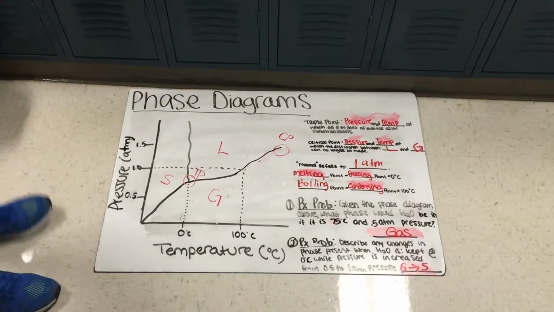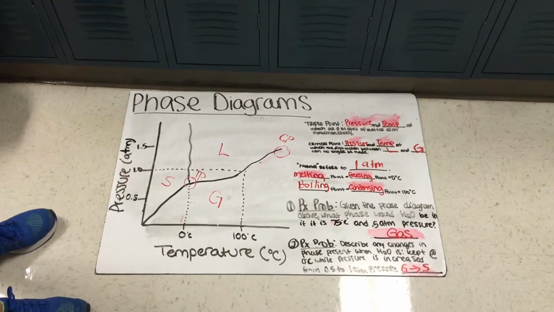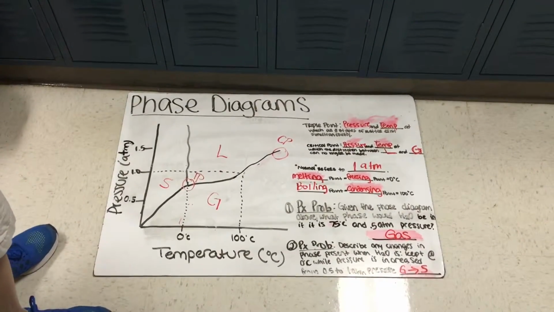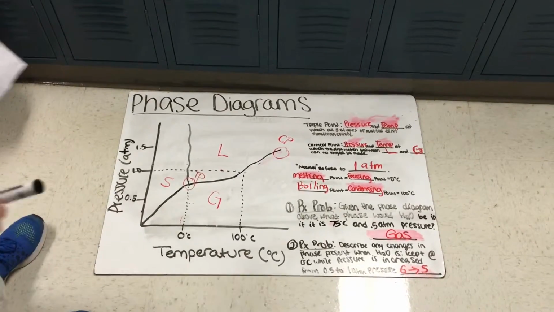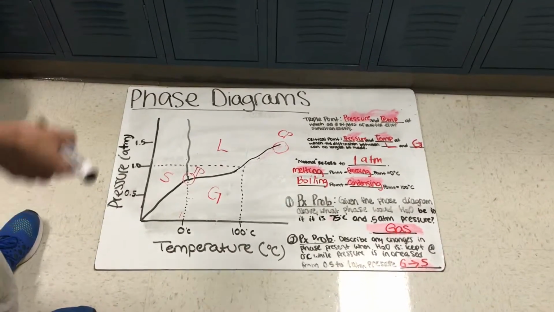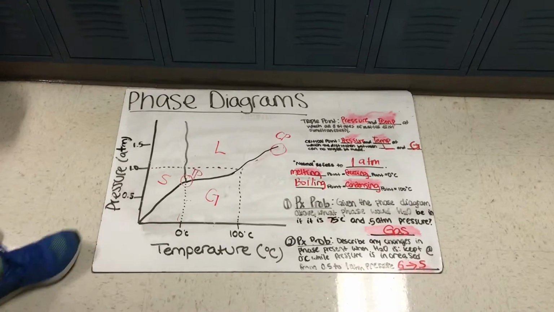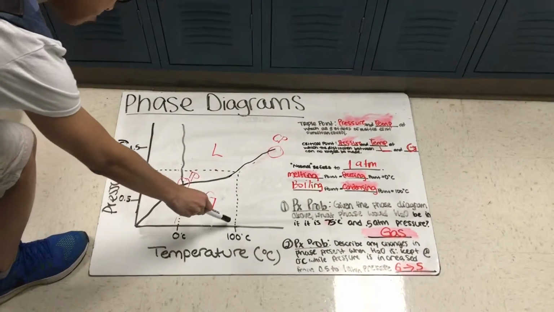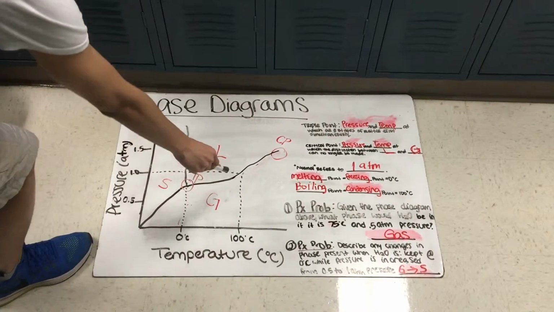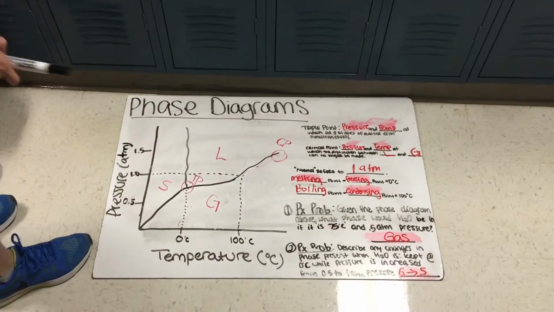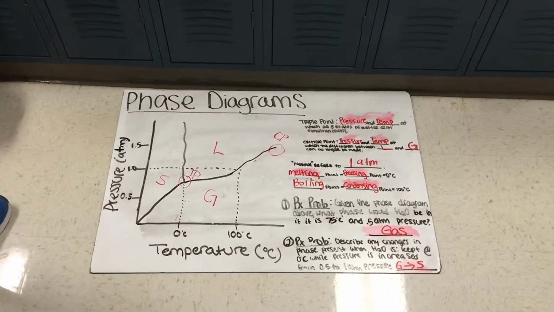So, practice problem number 1. Given the phase diagram above, what phase would H2O be in if it is at 75 degrees Celsius and at 5 atmospheric pressure? So 75 degrees Celsius is right here, and then at 5 atmospheres, 0.5, it's right here, so it'll be a gas. And then for the first You Try problem,